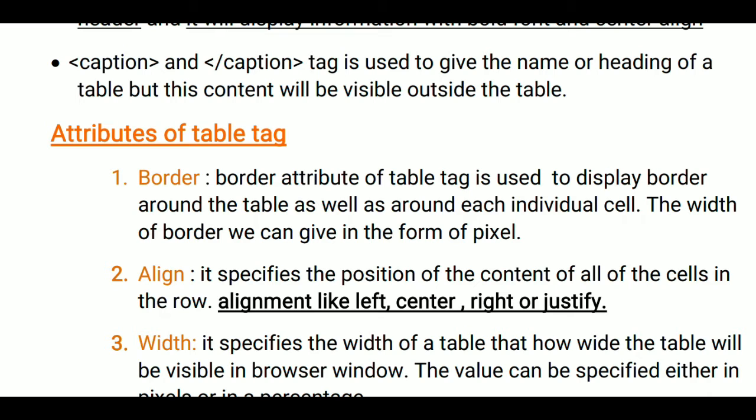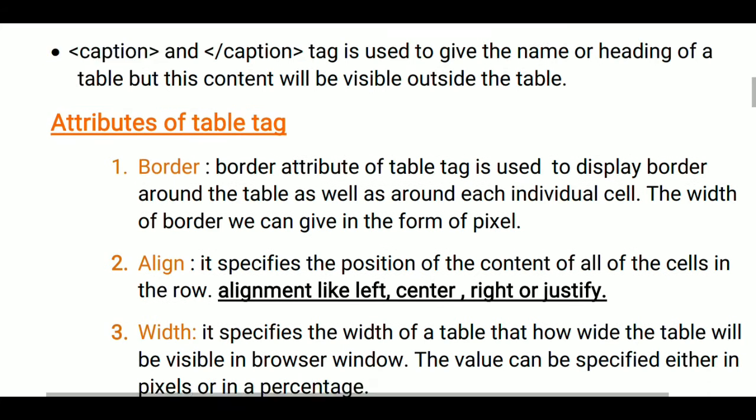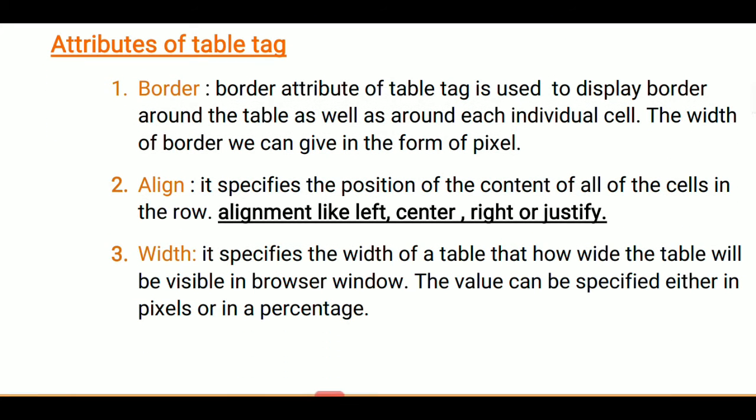Alignment is used to set the alignment of the table, like left, center, right or justify. Then width. Width means how much space it will occupy in the browser window, and you can give it in pixels or in percentage. Suppose you give the width 50%, then it will occupy 50% of the browser screen.